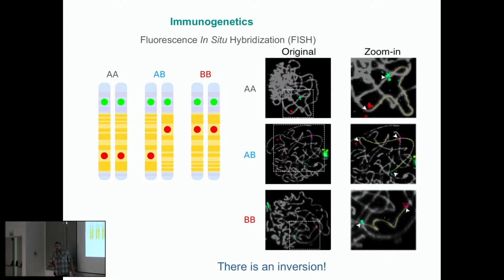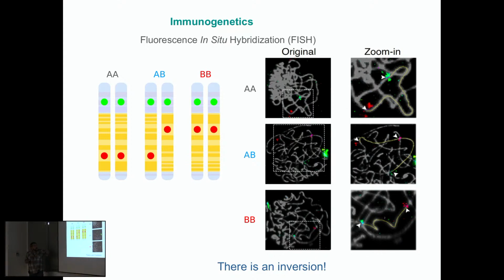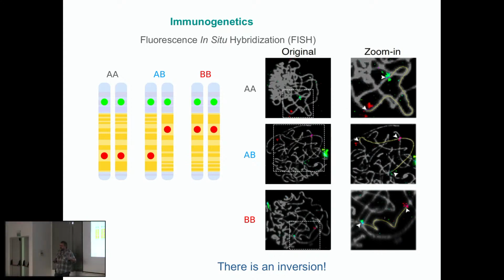And this is exactly what we see. We could confirm with immunofluorescence that the individuals that do not have the inversion have the two markers very far apart, the individuals that do have the inversion have the two markers very close together, and in those potential heterozygotes or heterokaryotypes, we could see that there are two red dots because they are not together. Okay? So we could confirm that there is an inversion. Okay? So once we know that there is an inversion, let's try to understand what is going on within this inversion.